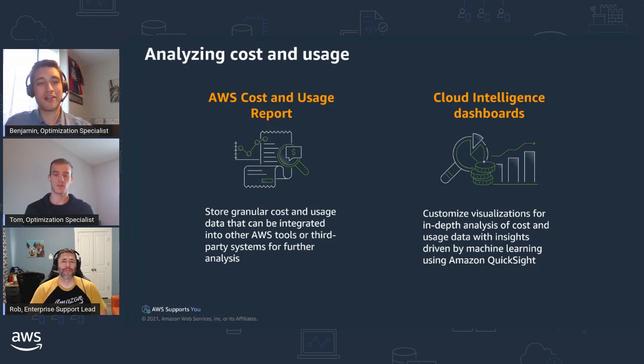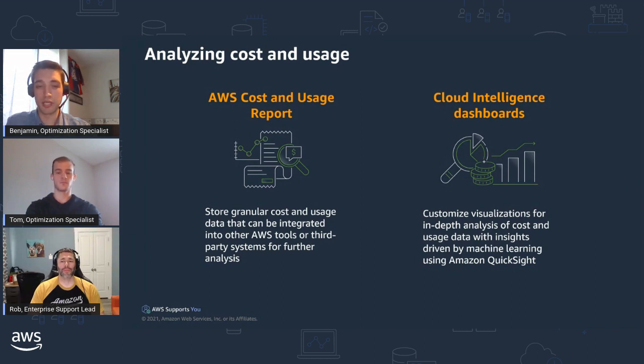So now together, let's move on to the next session of this presentation, and we'll talk about the AWS cost and usage reports. We are also used to call it CUR, and I will show you how you can integrate the data from the cost and usage report with other AWS services, like for example, Amazon QuickSight, which is a BI tool that will allow you to create easy-to-read dashboards. And we'll see one in particular called the Cloud Intelligence Dashboard